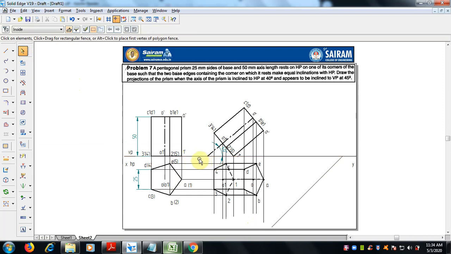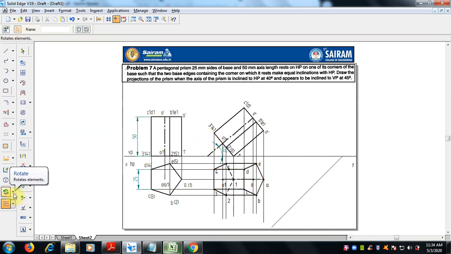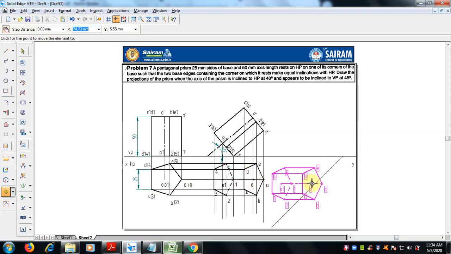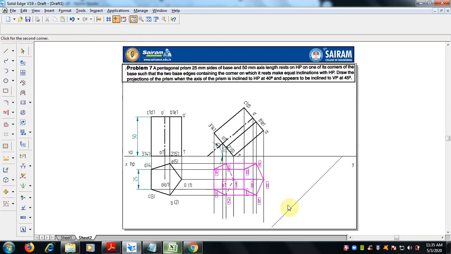And select, now we have to select fully, so don't leave any corners or points here, just select it and make a group of it. Okay, let it be. Now it will be fine. And move, before rotating we have to move a copy, not fully. Select this, and the copy option should be on, and we have to move with the axis. The axis should lie here, so you can select the axis or the point A, whatever it is, and keep it on the inclined line.